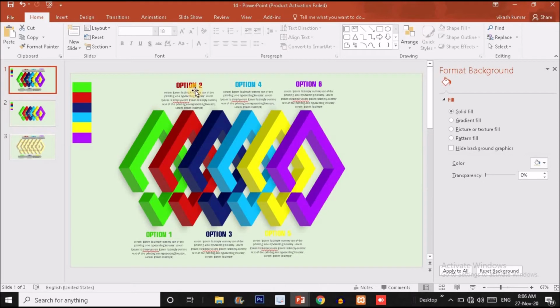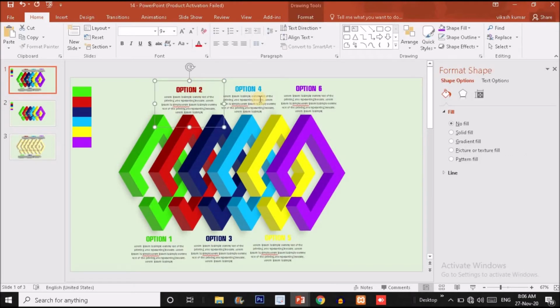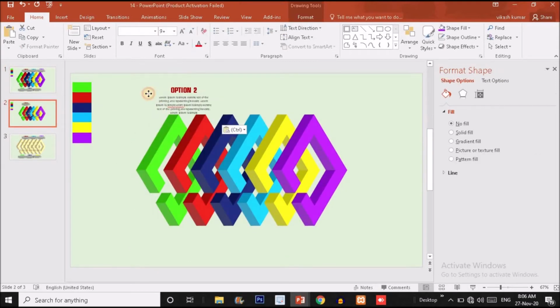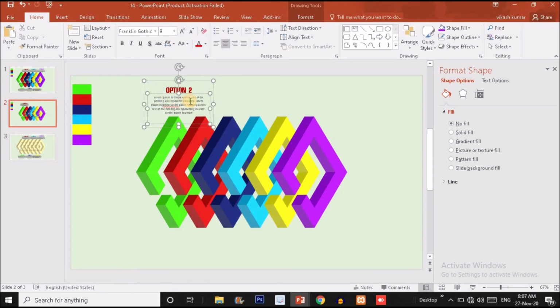Okay guys, so now it's time to add the text group over here. So I'm going to press Ctrl C, copy this text and paste it over here like this. Now let me show you which type of text I'm using in this particular slide. So for the body text, I'm using this particular text style and the size is 9, and for the option I'm using this particular style and the size is 20. You can use option, title and whatever you want. It depends on your project demand, guys.